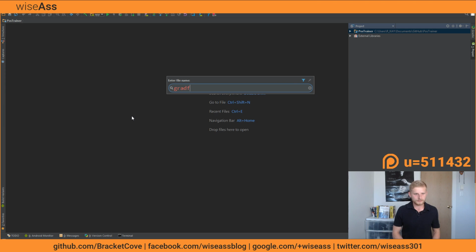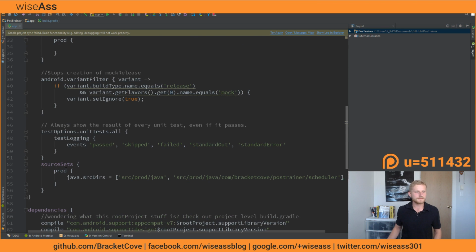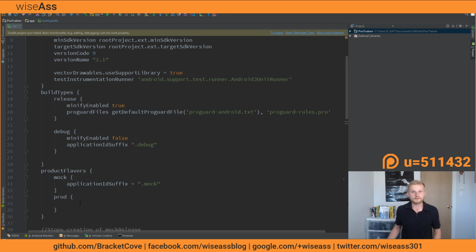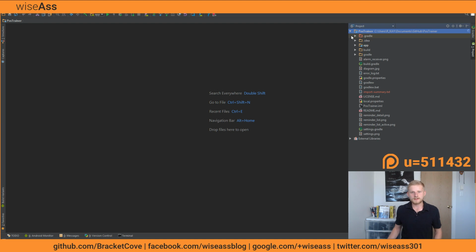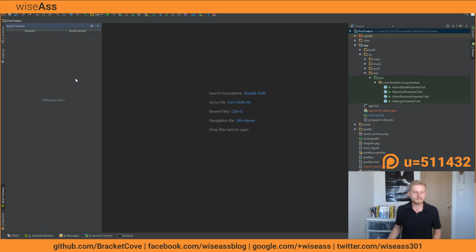And if I go to build.gradle, I just want to show you really quickly here that I've set up product flavors. We've got a mock product flavor and a prod product flavor. And why is that important with design patterns? What I can do, and if you're a beginner you might be wondering how, but just take my word for it, is that once I've set up those flavors and build variants,